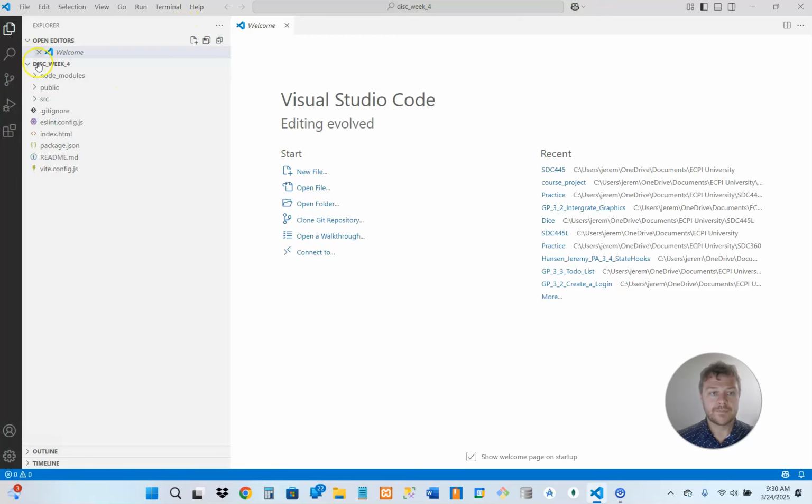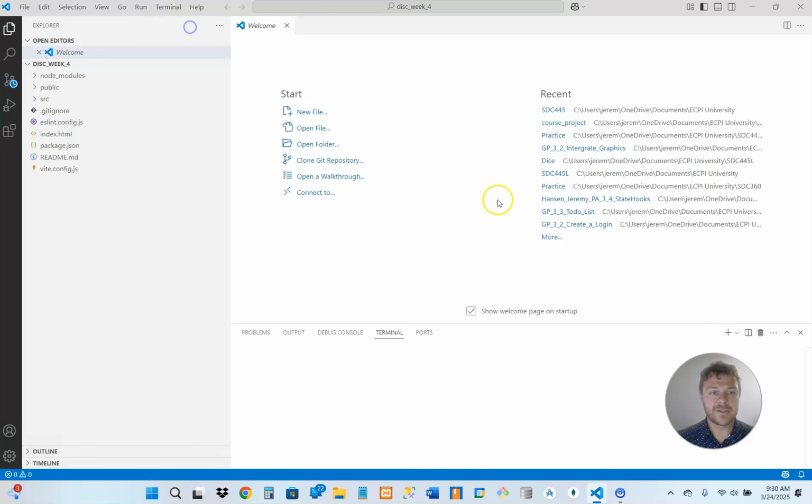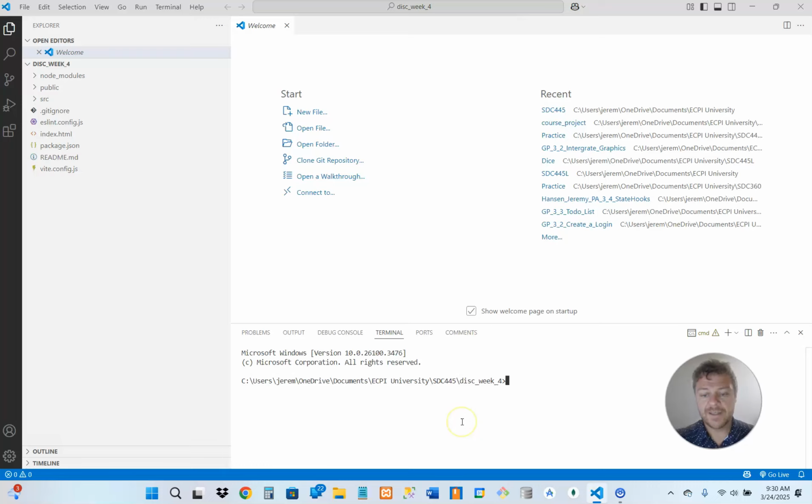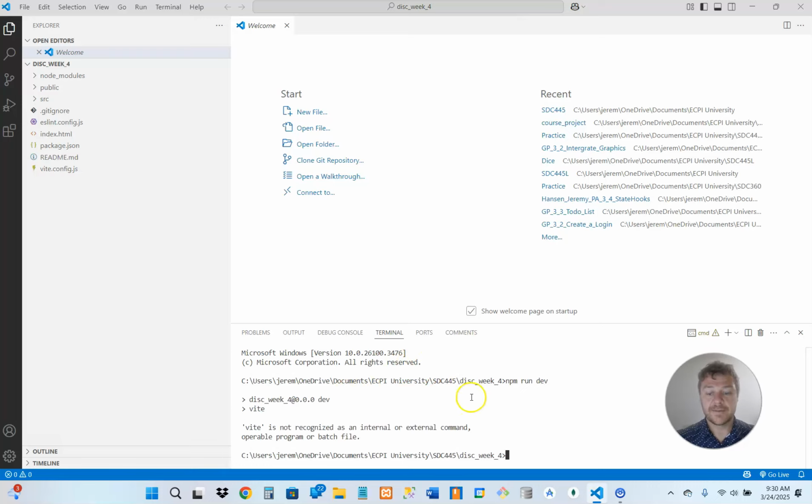There we go, got my node modules. Let's see how my terminal's doing. Perfect. The difference between what you're using and what I'm using is how to launch it. So I do npm run dev. That's not how you spell run dev. There we go. And that will launch the